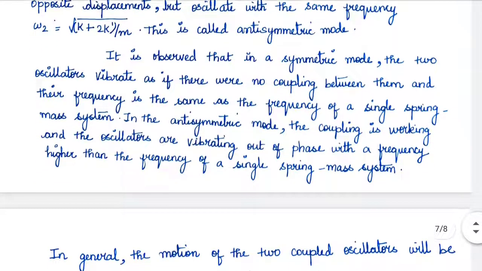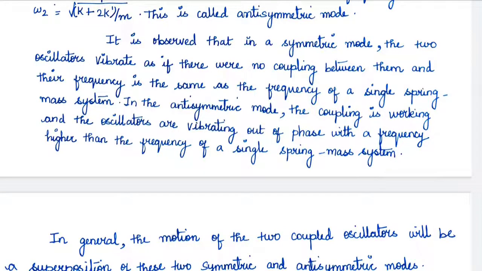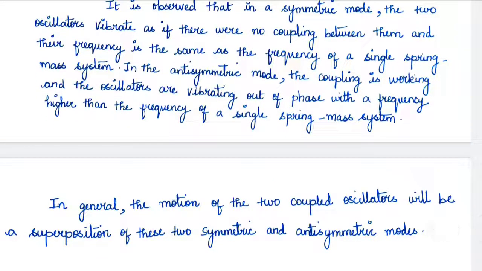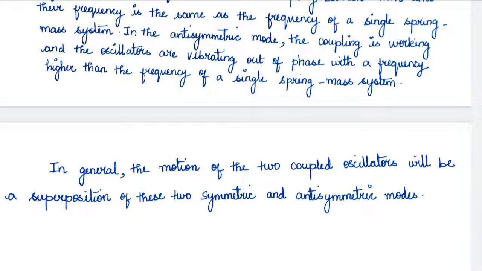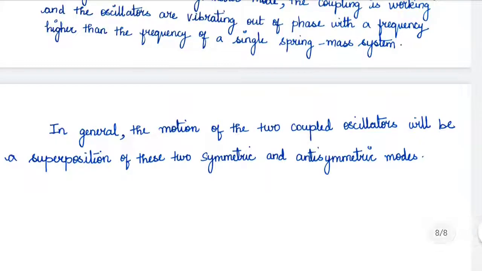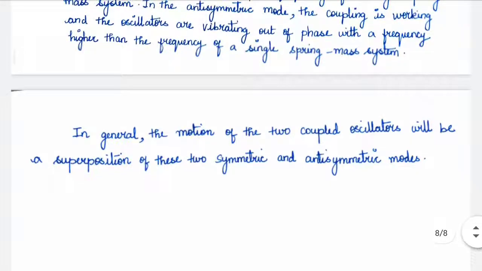Generally it is observed that in the symmetric mode, these two oscillators vibrate as if there is no coupling between them, and their frequency is the same as the frequency of a single linear oscillator, or they oscillate with the natural frequency. In the antisymmetric mode, the coupling is still working, but the vibration is out of phase by 180 degrees, and the frequency is also higher than the frequency of a spring mass system, that is the linear harmonic oscillator. In general, we can say the motion of the two coupled oscillators will be a superposition of